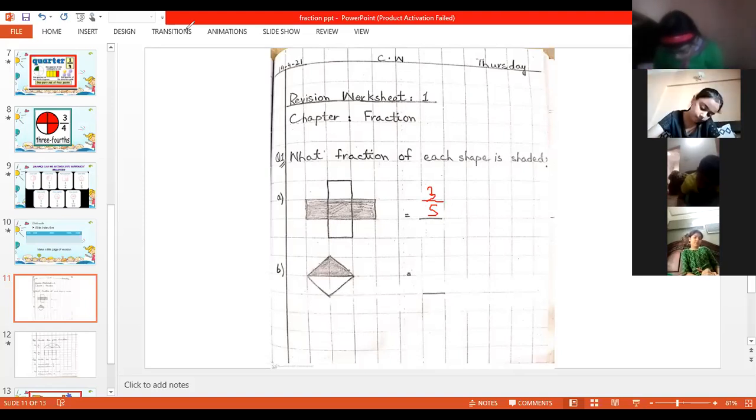You can see 3 upon 5. 3 parts are shaded. 1, 2, 3, 4 and 5. This is one part. This is two parts. This is 4 equal parts and this is 5 equal parts. So out of 5 equal parts,